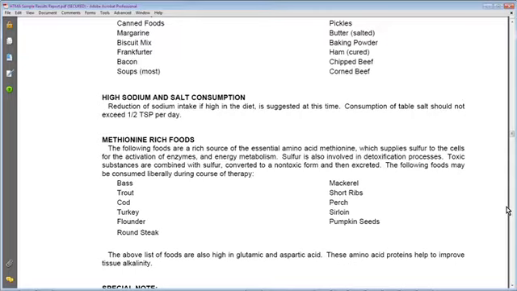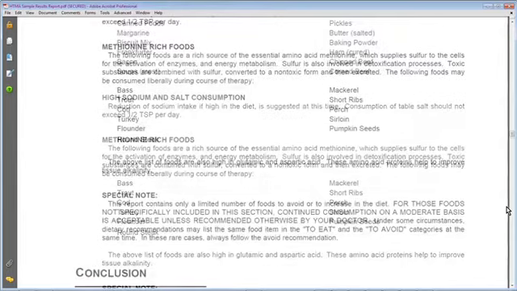The following foods may be consumed liberally during course of therapy: bass, trout, cod, turkey, flounder, round steak, mackerel, short ribs, perch, sirloin, and pumpkin seeds. The above list of foods are also high in glutamic and aspartic acid. These amino acid proteins help to improve tissue alkalinity. And special note,